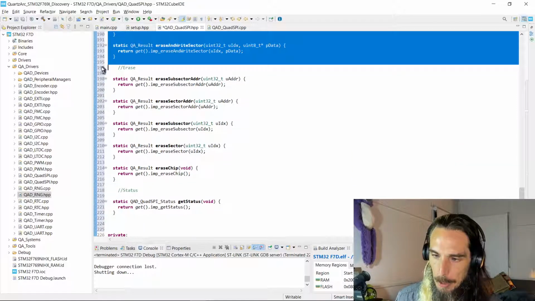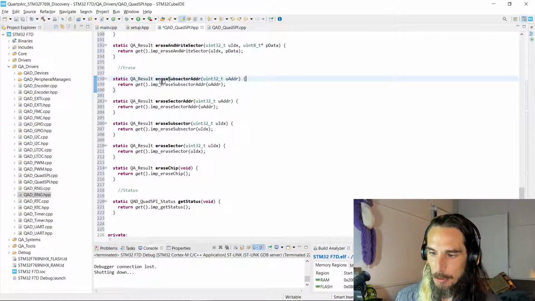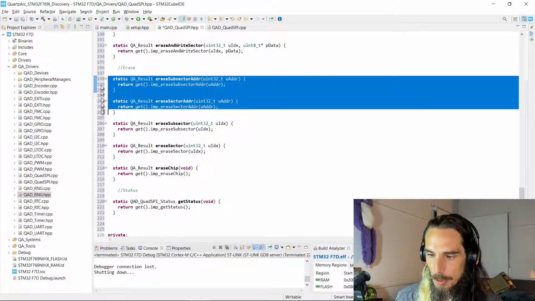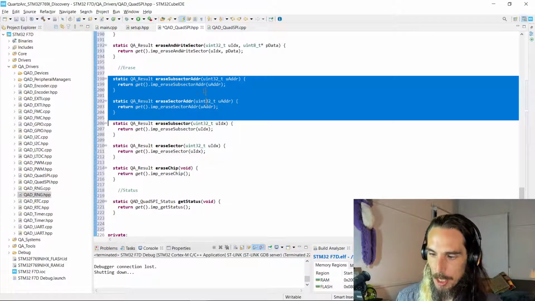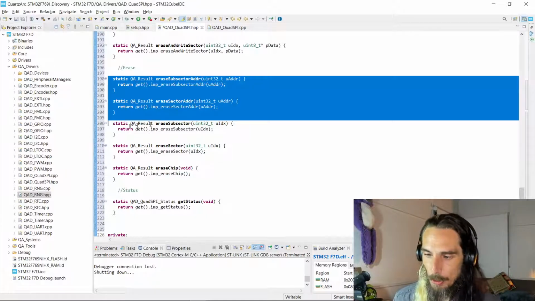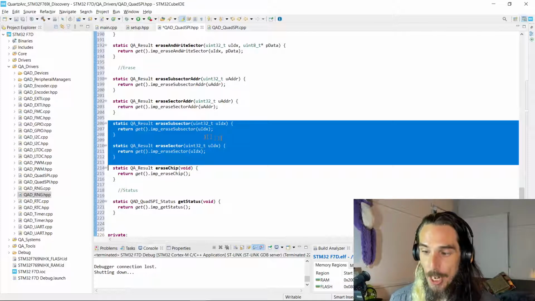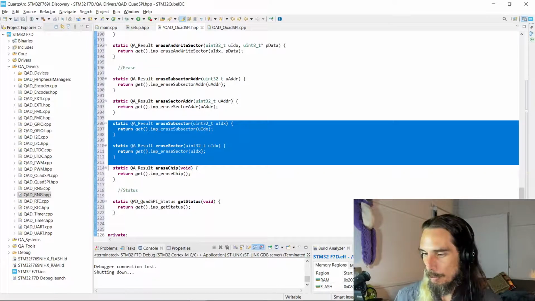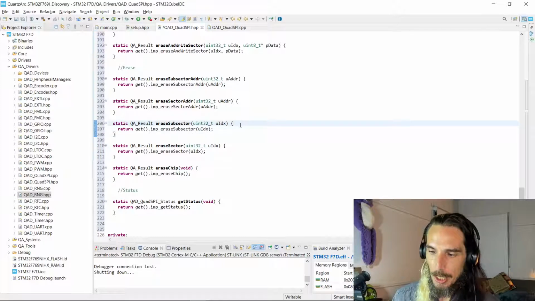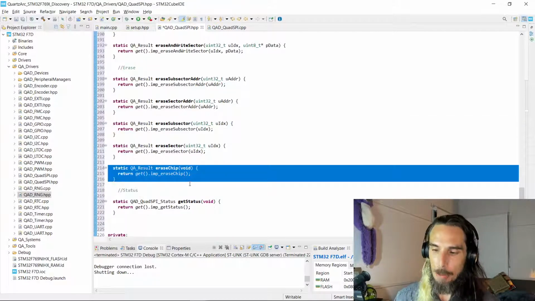And then we've also got some methods to allow us to do erases on various parts of the chip. So we can do an erase on a sector or a subsector, supplying the particular address at the location that we want to erase. We've also got methods to allow us to specify the index of the sector or subsector as opposed to providing an address. So that just allows us a couple of different approaches as to how we go about doing the erase, depending on, do we want to supply the index or do we want to supply an address? And then we've got a method to allow us to erase the entire chip in one go if we want